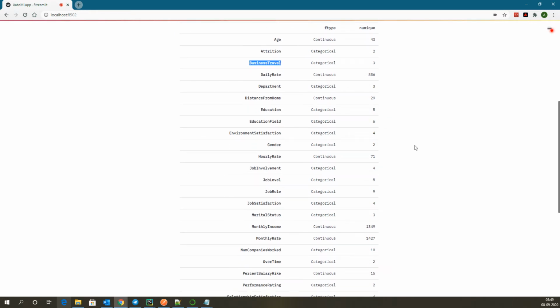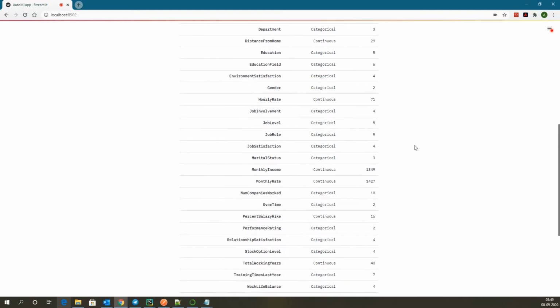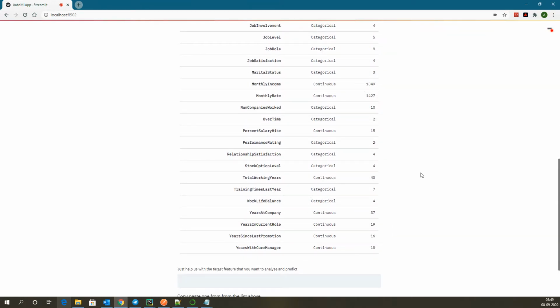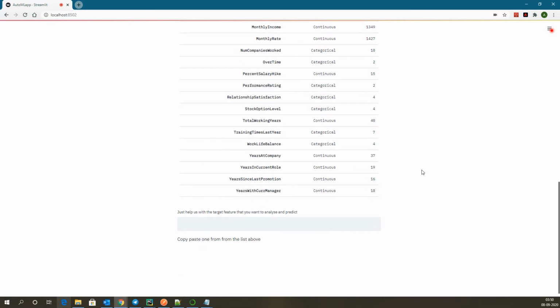Right now the application ignores any feature which is a string or a text, and takes care of all other numerical features and so on. And it does a good amount of data cleaning in the background. It also takes care of date fields. In this data I don't have one, but if there is some date field, it would extract days, weeks, months, and so on from the date and use those as features.